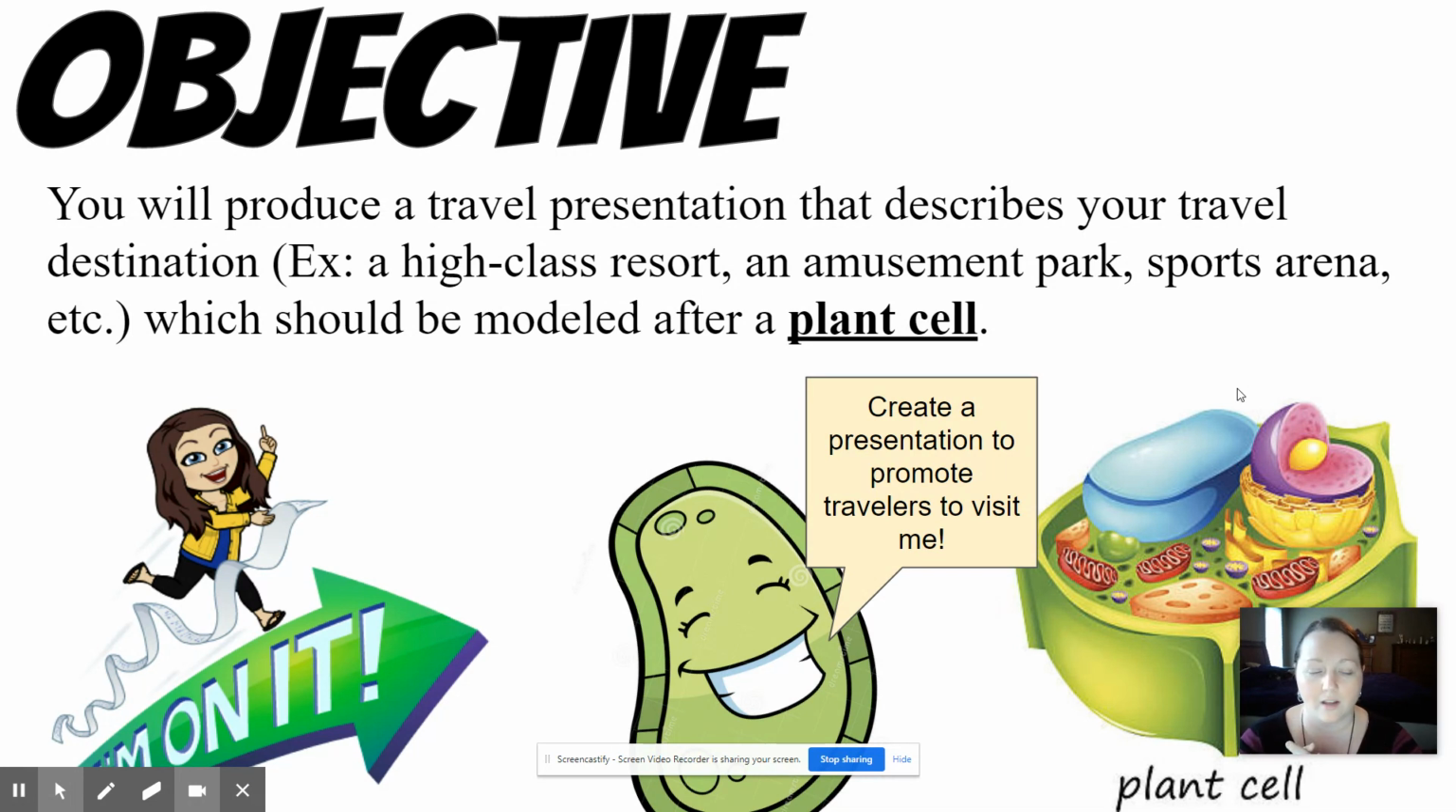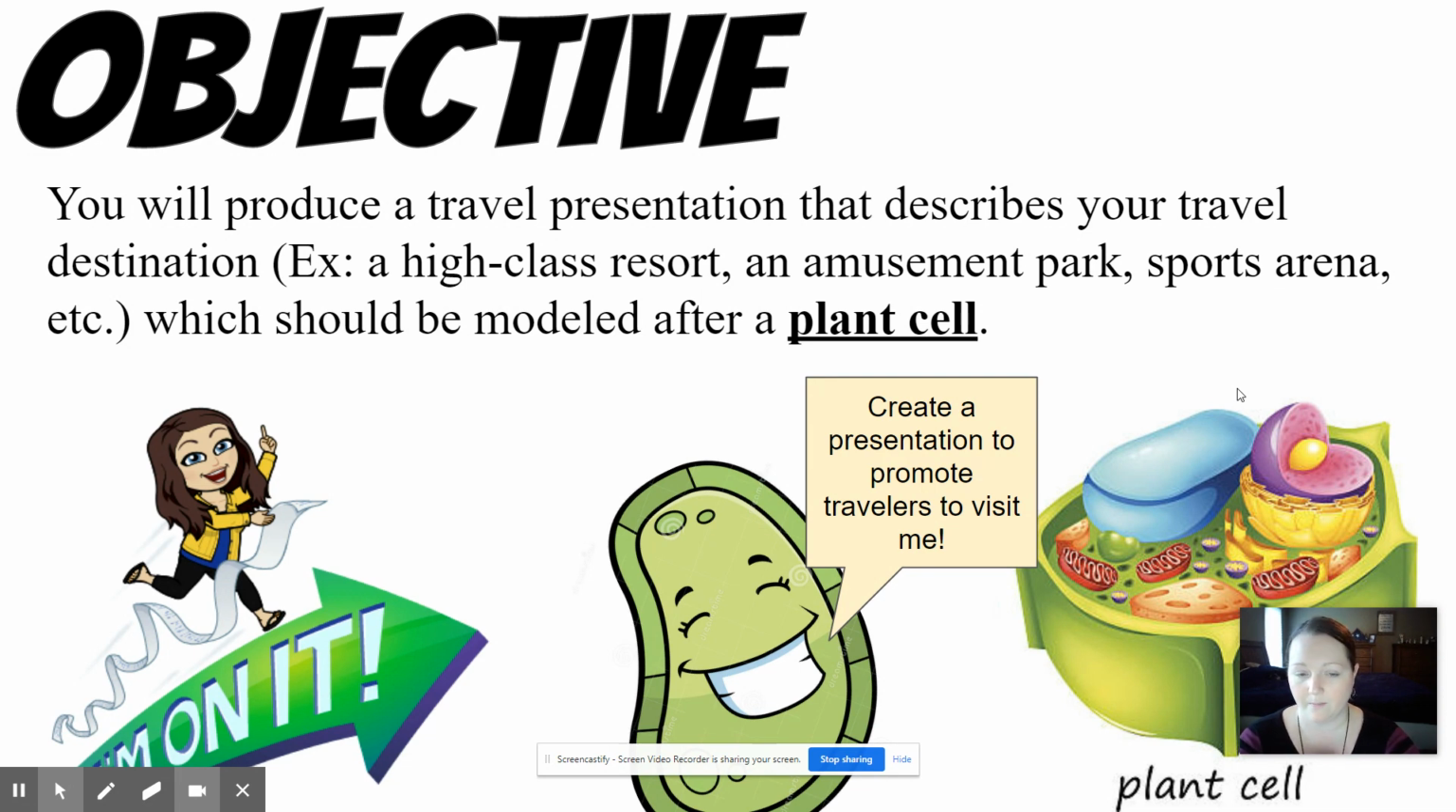This can be a high-class resort, and it can be anywhere around the world. It can be Florida, Alaska, Japan. It can be Russia. It can be Hawaii. Anywhere that you have been or may be interested in going. It can be an amusement park or a water park, a sports arena. But the main thing, whatever location you choose, this is going to be modeled after a plant cell. And you're going to create a presentation to promote people to come to the cell and try to make it